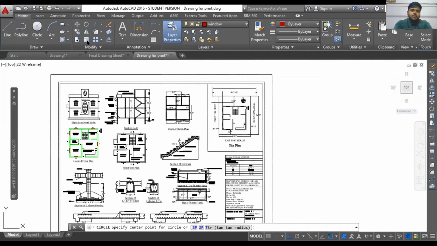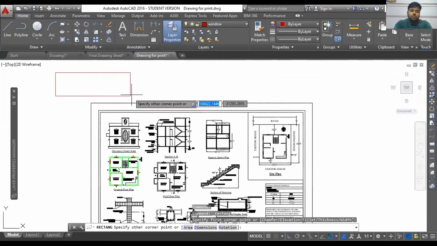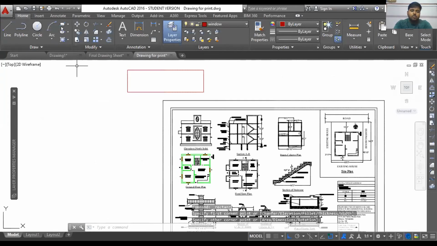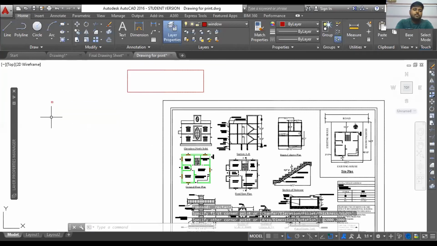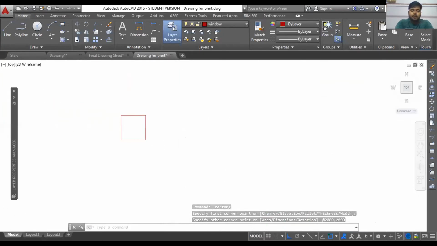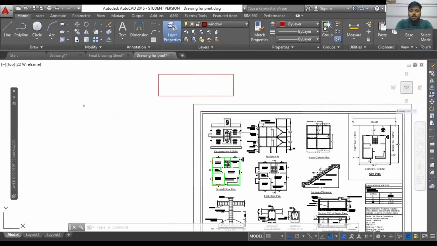And then there are shapes like circles, rectangles. You can use those to simply draft. You can also enter the values manually. As you can see, this is showing 45061, something like that. So you can manually enter the dimensions. For example, maybe I'm using 2000 by 2000. This is in mm actually. So this is a 2 meter by 2 meter box, very small, because it is small with respect to this particular drawing.